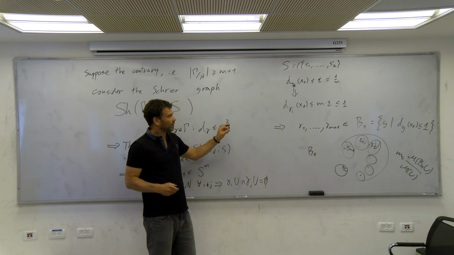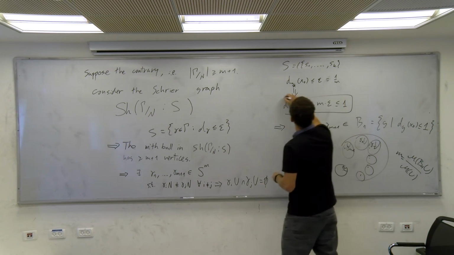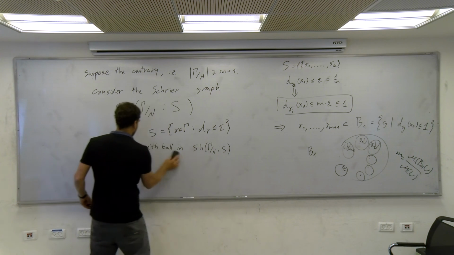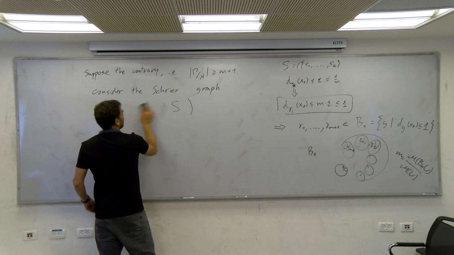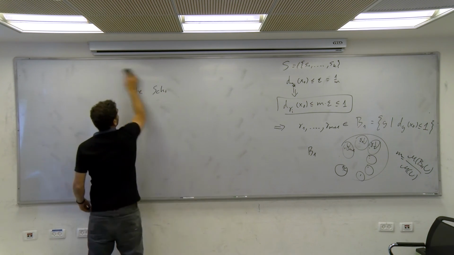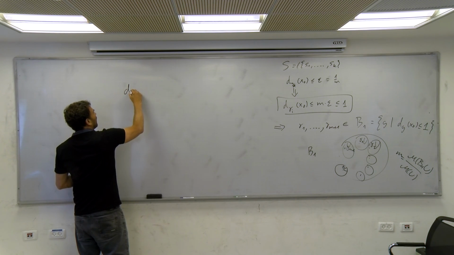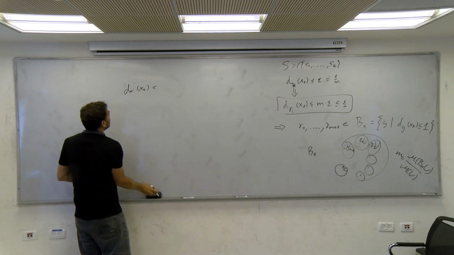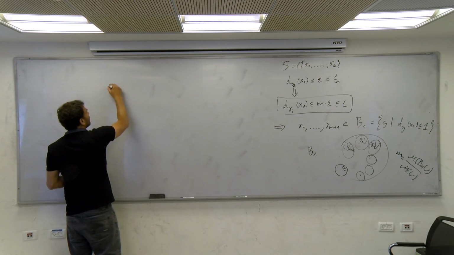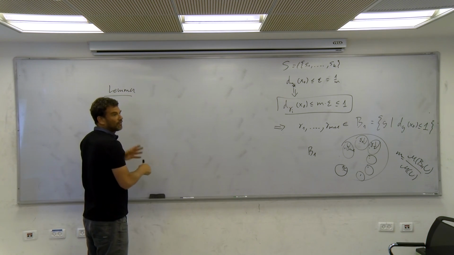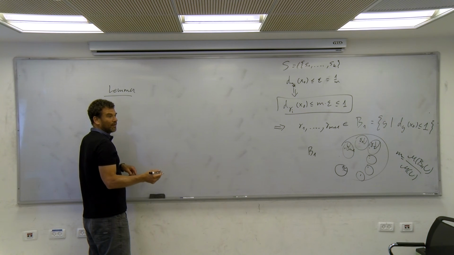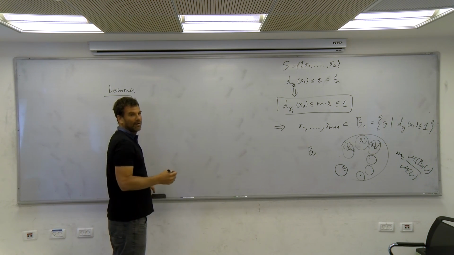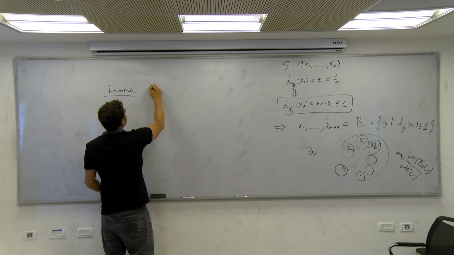Maybe let me spend one minute just to explain this. Why, if two elements... how do you know that the displacement is less than...? So this is a general fact. If d alpha x is less than... well, let's say this is the following lemma behind this. Lemma, we'll finish in 3 minutes. Okay, 3 minutes. So lemma,